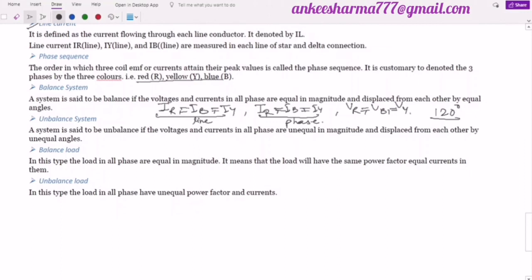But we can also have an unbalanced system. In the unbalanced systems, these phases may be different. Maybe they will not be displaced by 120 degrees. They may be displaced by some different angles. For example, if one is at this one, the second may be at 90 degrees, and the third may be at